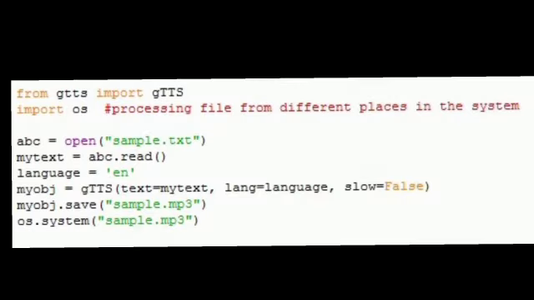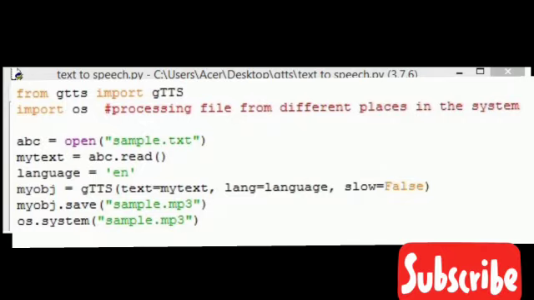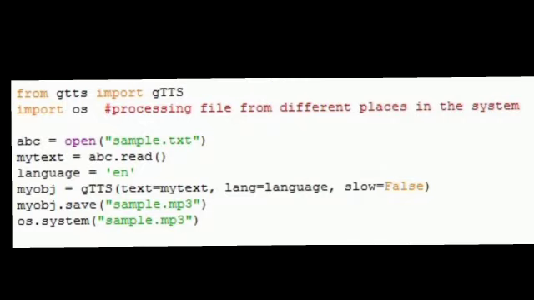Now you may try to implement the project by using this code. So what is the difference between the previous and this present code? In the previous code, after running the code, you would close the shell window and again go to the project directory, and you need to find and play the sample audio file. But by using this code, you may directly run the code and hear the sample audio output. The audio output here depends on the text file which we already saved in the project directory.